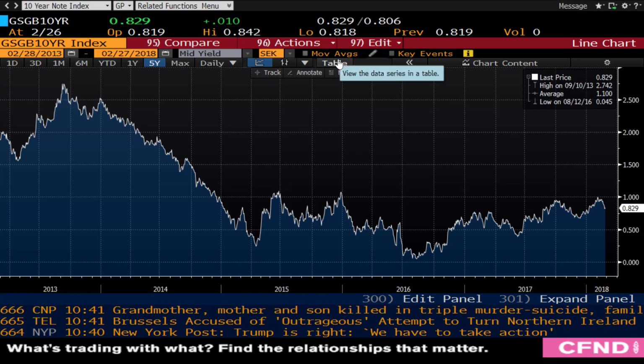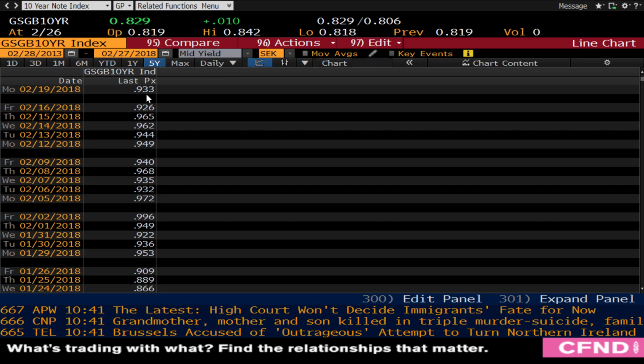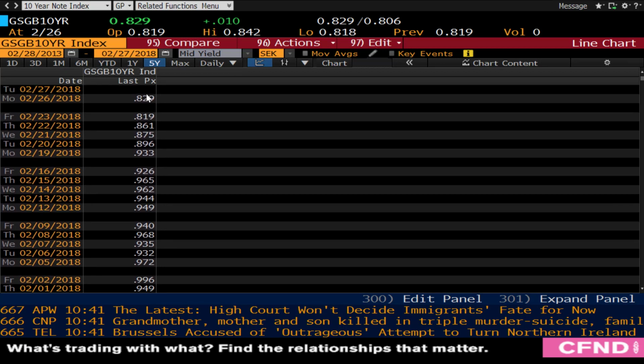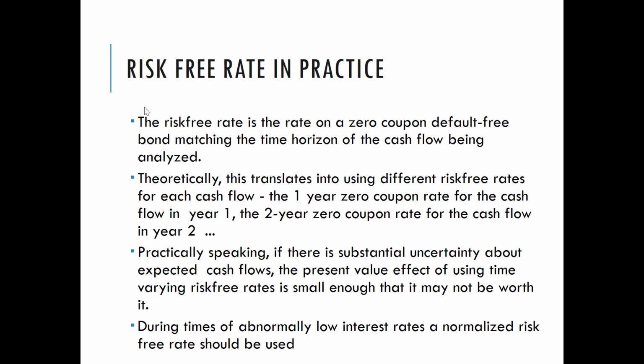If you click on the table there, you can actually see an overview of the actual prices. So if we want to figure out what the current rate is, well, it's 0.829%. So it's less than 1%. So it's still very, very low, but this is essentially what we would use. The only other issue here is really that when we have times of abnormally low interest rates, you might not